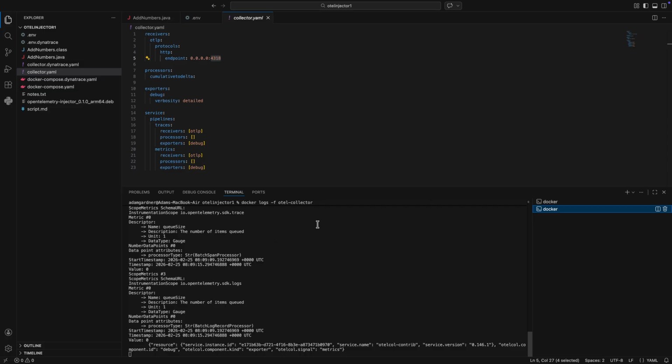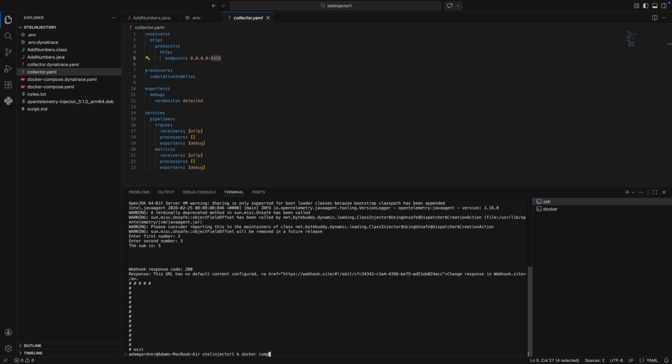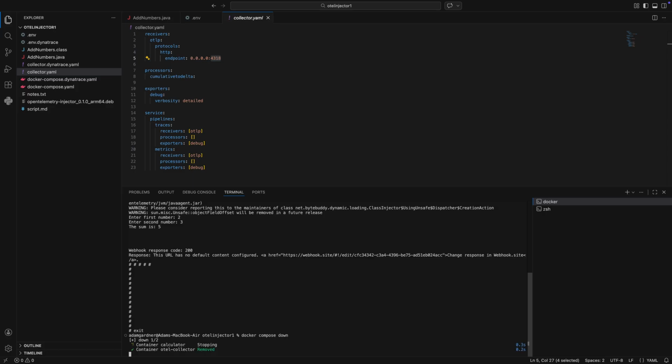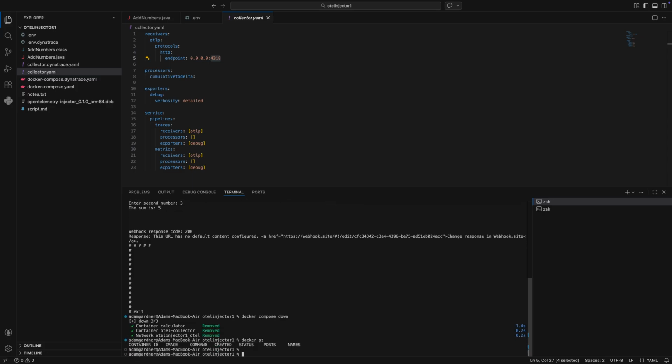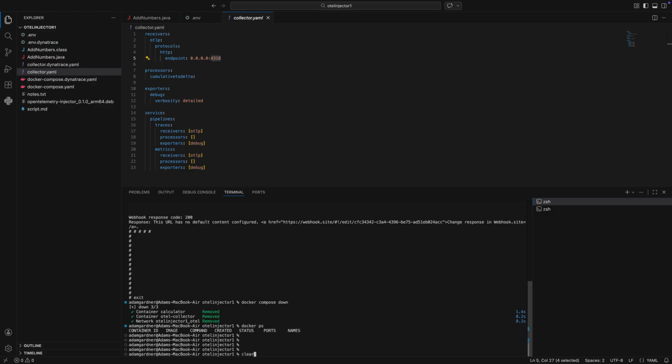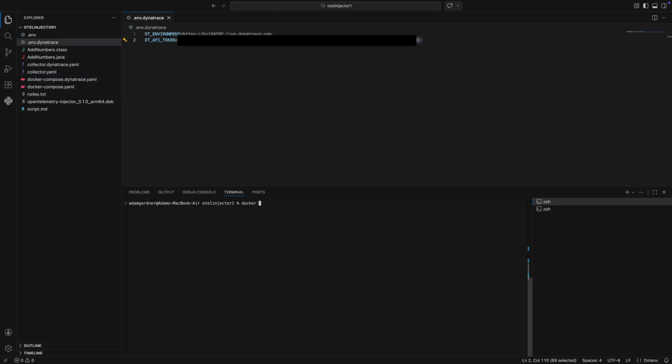I'm going to use Dynatrace in this case. I've created the right API token with ingest metrics and ingest OpenTelemetry traces, and I've placed both of those in the .env.dynatrace file. Notice it is a different environment variable file. Again, I'm going to destroy my current stack and start up the new stack. Basically, the difference here is that we have reconfigured the collector to send the telemetry to Dynatrace and the